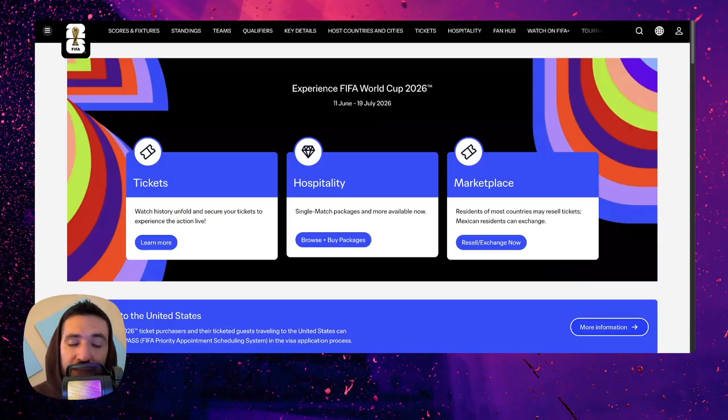But eventually, I think they just will open this thing up to the public during the live sales closer to the tournament. They do have a hospitality package section where you can find tickets, but it's bundled with hospitality, and you can find some pricing there. But I'm not going to go through there because it's more expensive offerings, and I want to keep this down to a budget. So we're not going to do it through the official site.